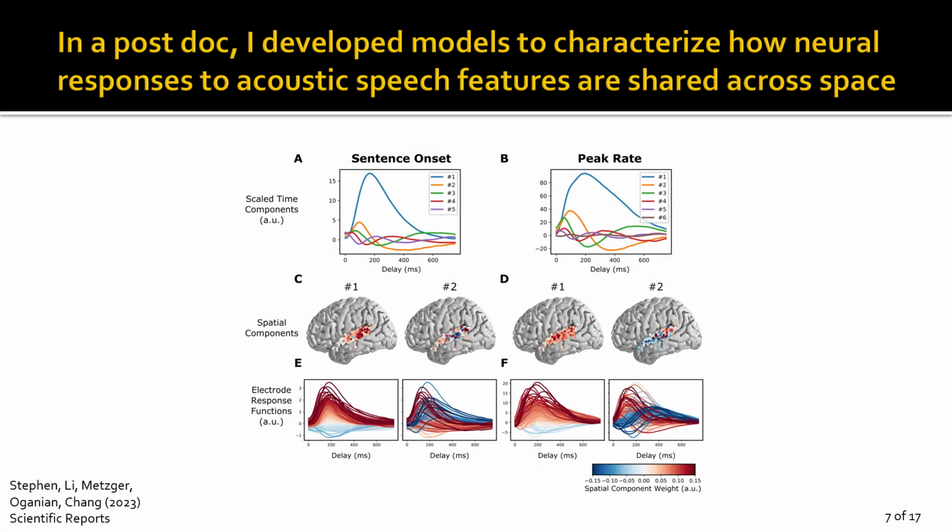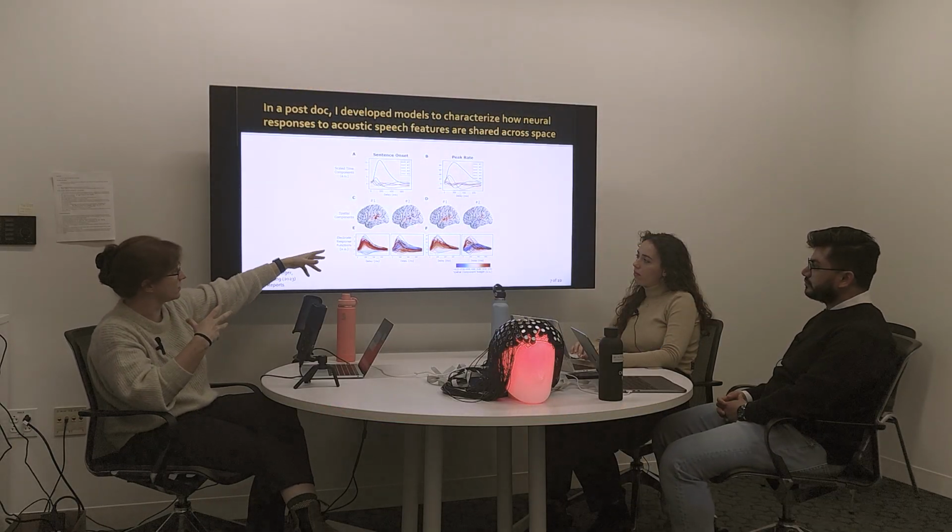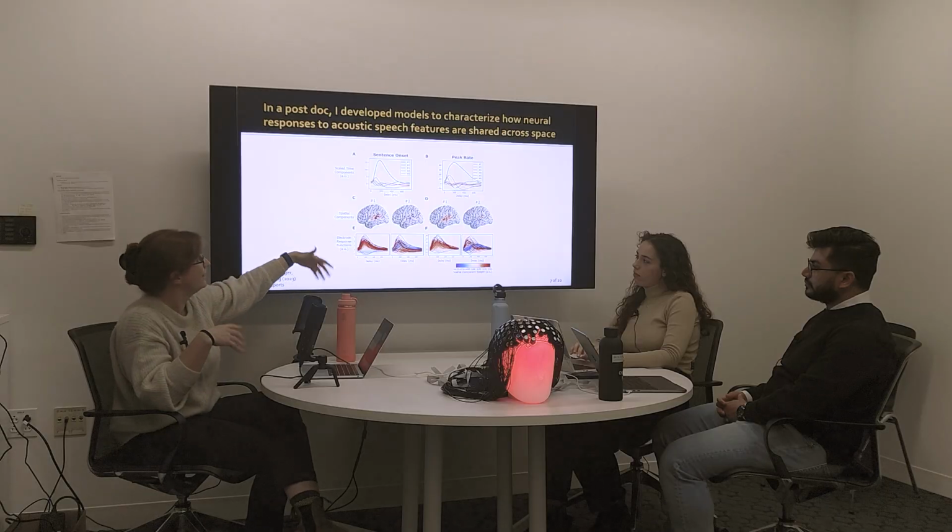And so I had developed some pretty simple linear models for how to characterize the responses on an electrode. Here at the bottom in E and F, I'm showing responses on each of many electrodes to either a sentence onset event or a peak rate event. I'm not going to go into a ton of detail about this particular figure, but